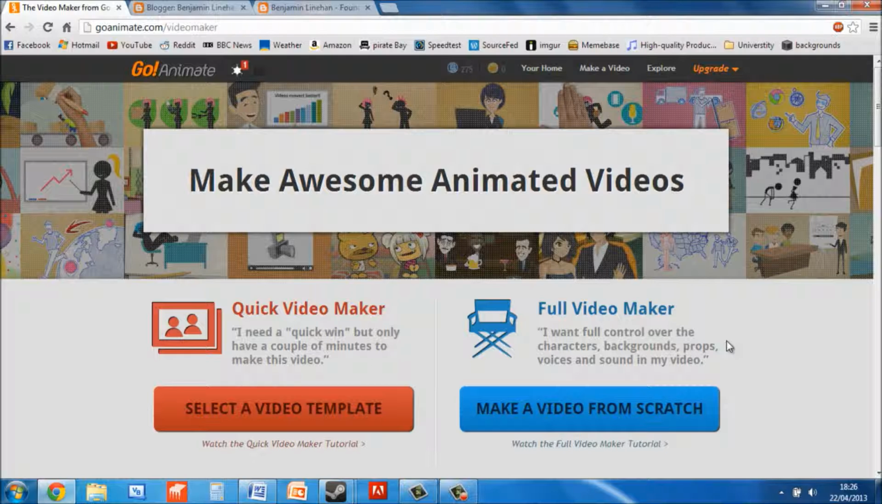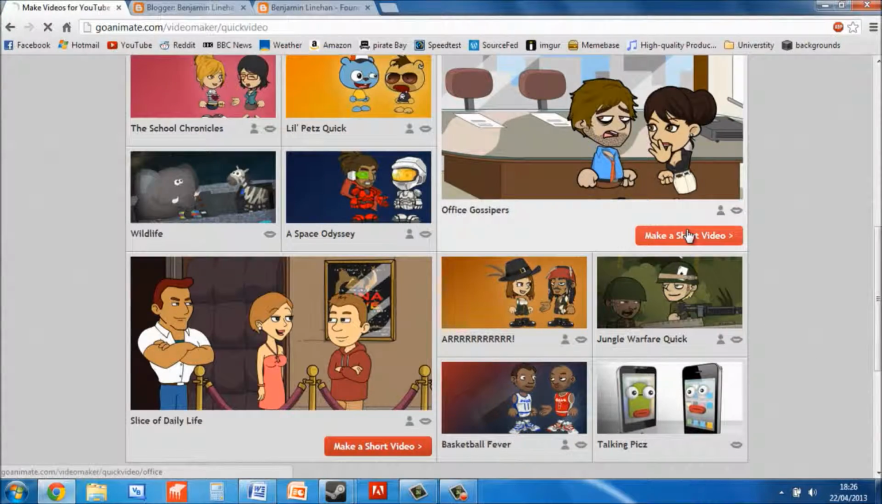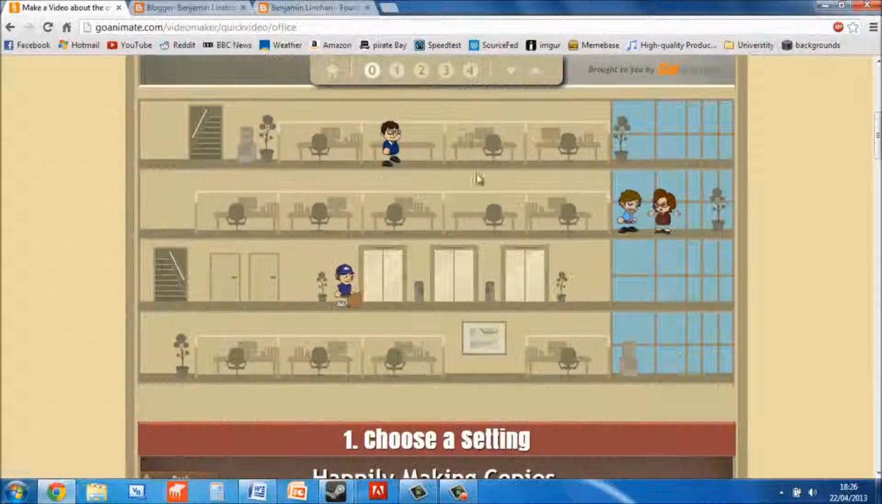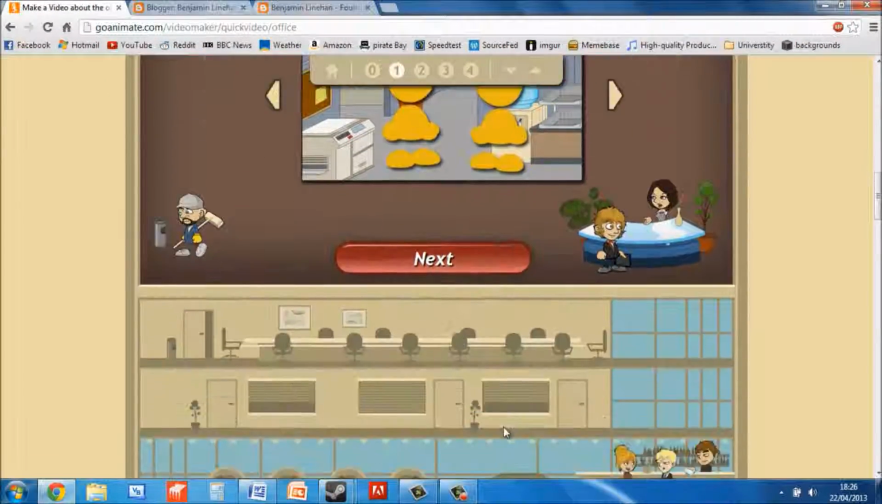Another piece of technology that I used to help with this coursework was a website called GoAnimate, which allows you to easily create animations and put in text to help with the animation. There are two modes. Originally, when I first used the software, I used the quick video maker because I hadn't used it before. If you choose this one, you choose your characters and everything,